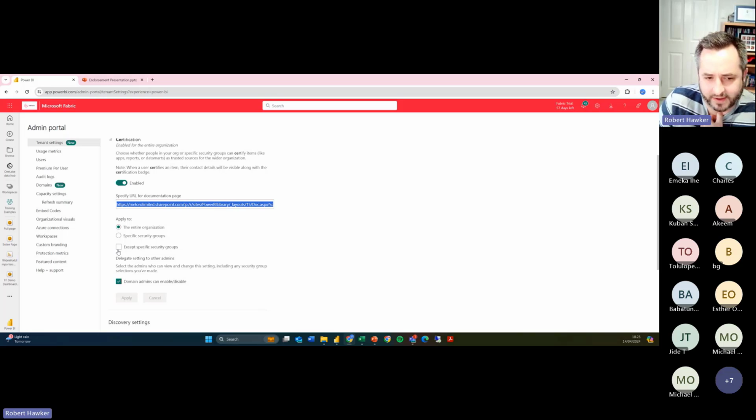And you can also delegate that at the domain level. So if you've got multiple domains set up in your organization, you can say that some domains are allowed to self-certify, whereas other domains, maybe like an enterprise one that you own centrally, they're not allowed to self-certify. So that's